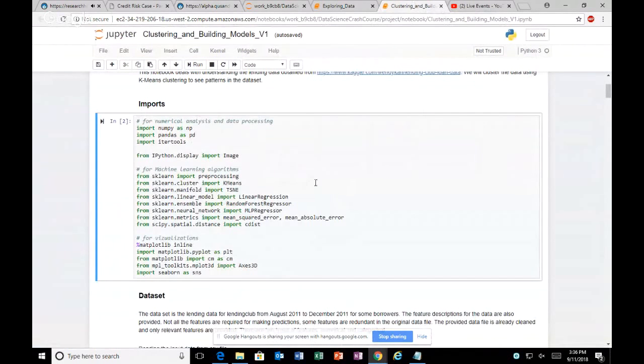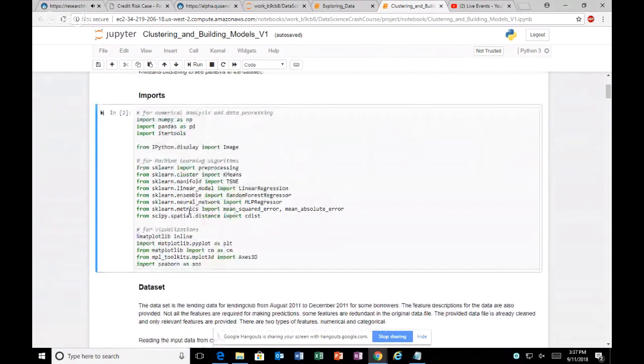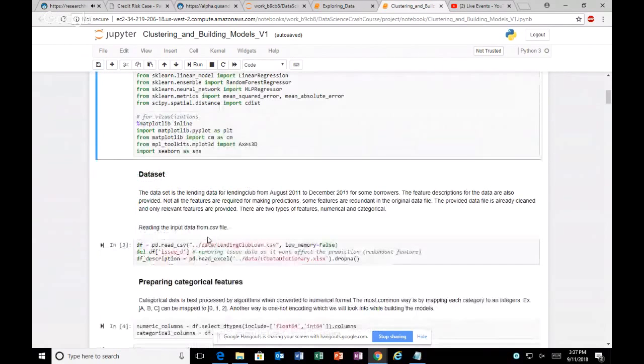Yesterday we talked about leveraging the data through NumPy and Pandas, and we talked about some visualization. Today we're going to talk about some of these machine learning algorithms. In Python, there's a library called scikit-learn or sklearn, and that has a bunch of different algorithms. We're going to be using some of those algorithms to implement the three algorithms we talked about in the slides earlier. Okay. So in the context of data, we have the Lending Club data which we are bringing in,